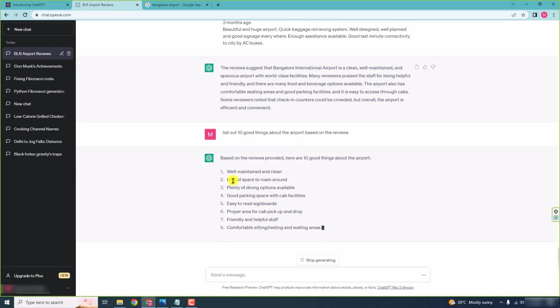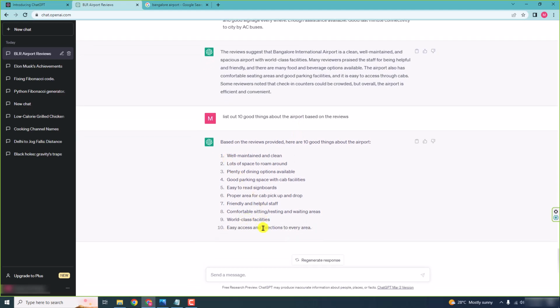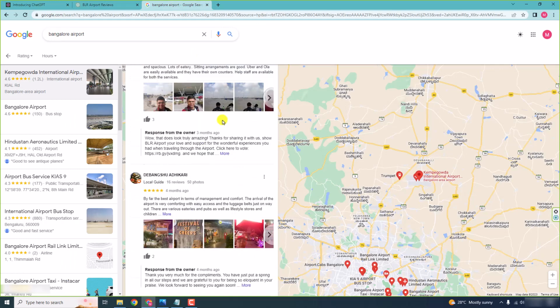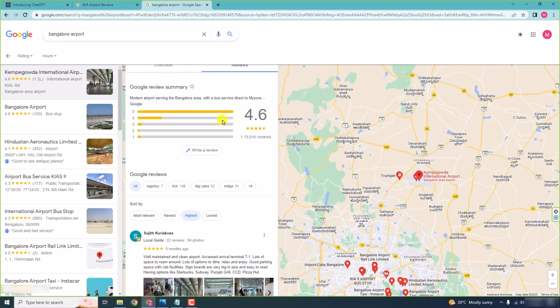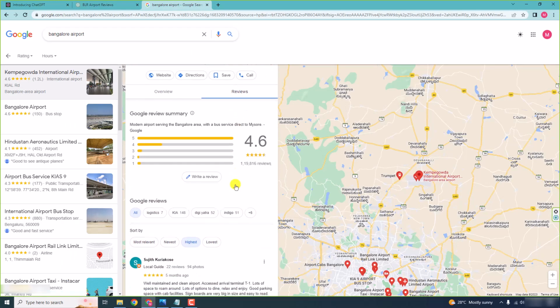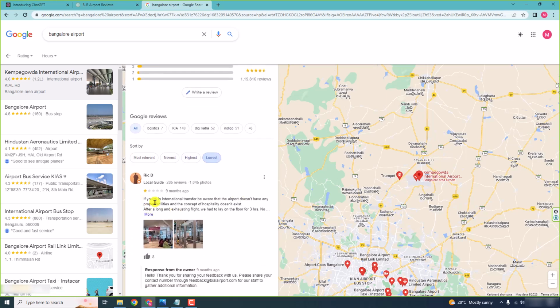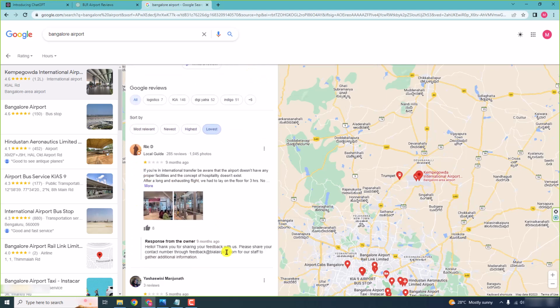Okay, so here it lists out the 10 things based on all the reviews given by 10 people. So you can see I have 10 points here, and in the same way you can go up. Let me go up quickly and click on lowest. You can click on lowest and copy paste everything and see what is wrong with the airport